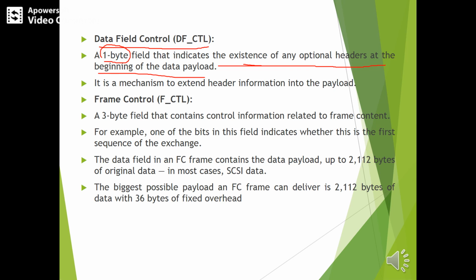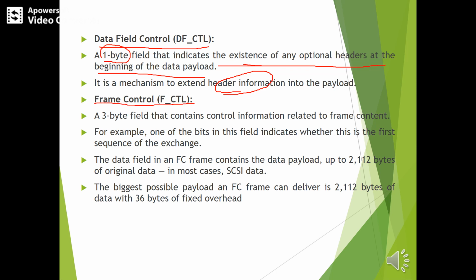It is a mechanism to extend header information into the payload. So that means the optional header at the beginning of the payload. So next comes frame control.